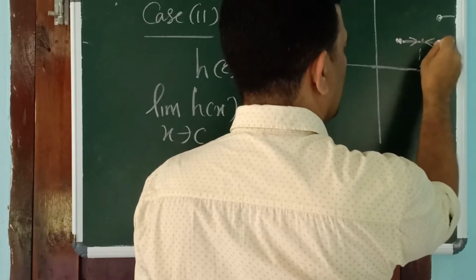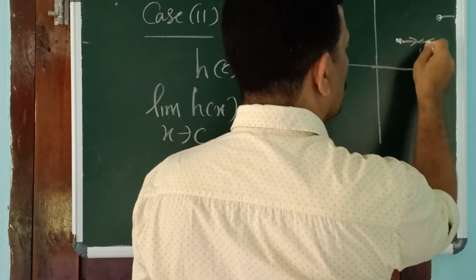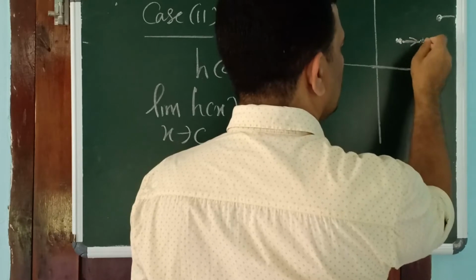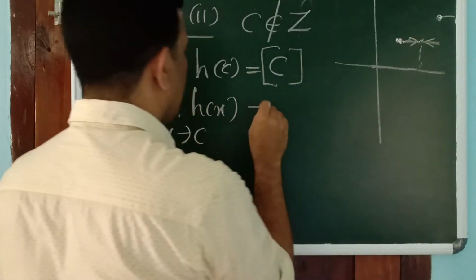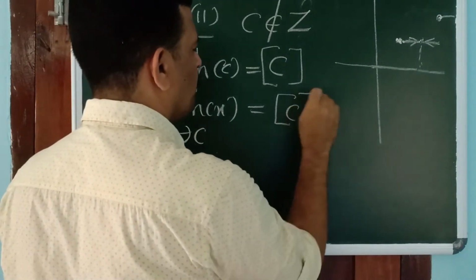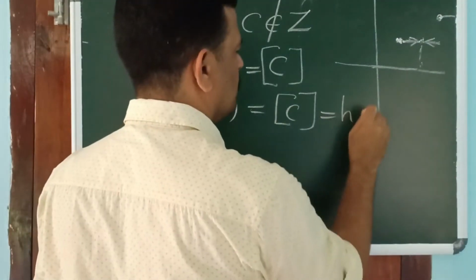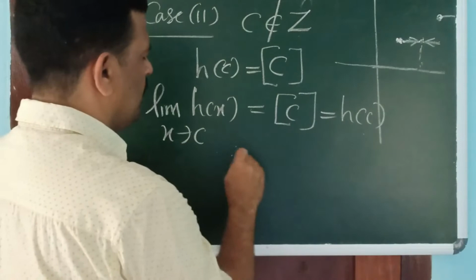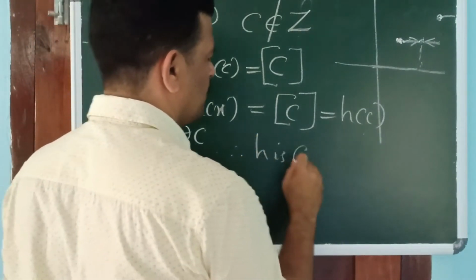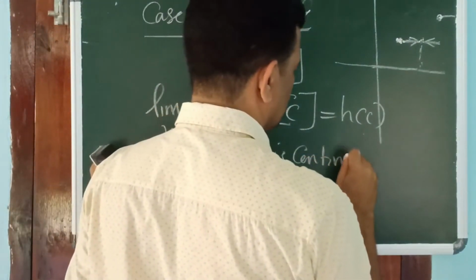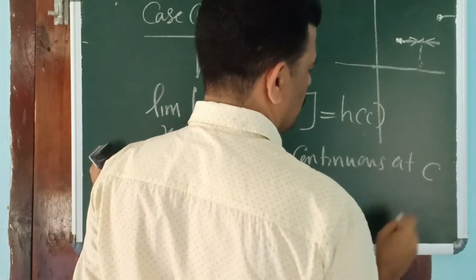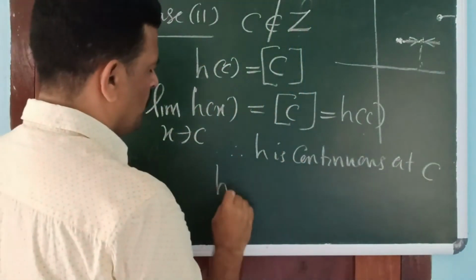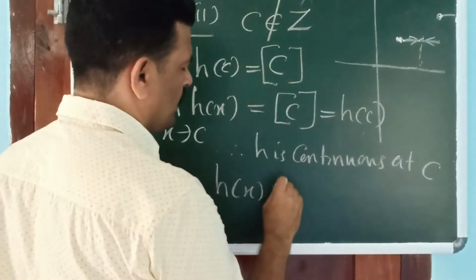അത് ലെഫ്റ്റ് സൈഡിനായാലും റൈറ്റ് സൈഡിനായാലും വെരി വെരി ക്ലോസ് ടു സി ആയതുകൊണ്ട് നമുക്ക് ലെഫ്റ്റ് ലിമിറ്റിനും റൈറ്റ് ലിമിറ്റിനും സെയിം ഫംഗ്ഷനാണ് എടുക്കുന്നത്. അപ്പോൾ നമുക്ക് ഇതിൻ്റെ ആൻസർ സി എന്ന് കിട്ടും. That is equal to h of c. Therefore, we can write h is continuous at c. That means h of x is continuous